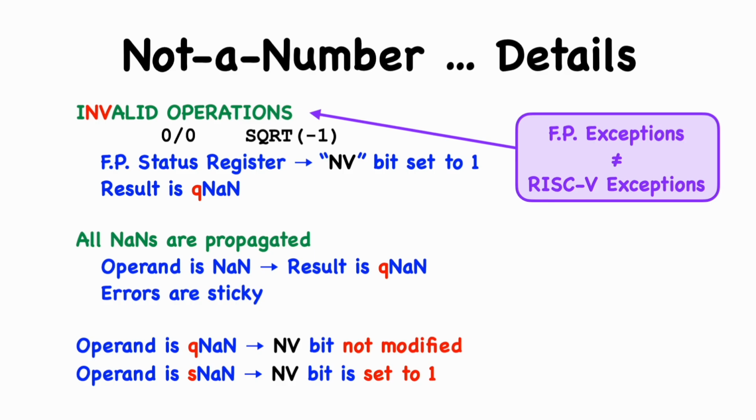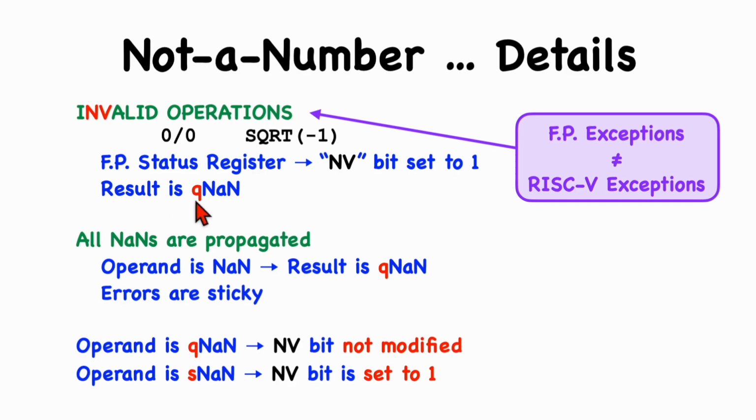So here's the difference between quiet and signaling NaNs as I understand it. When an operation is attempted in which one operand is a NaN, the type of the NaN matters. If the operand is a quiet NaN, then it's propagated, but the operation is not considered to be an invalid operation. If the operand is a signaling NaN, it is propagated similarly, but in addition, an invalid operation error will occur. In all cases, whenever the operation is invalid, like 0 divided by 0 or the square root of -1,